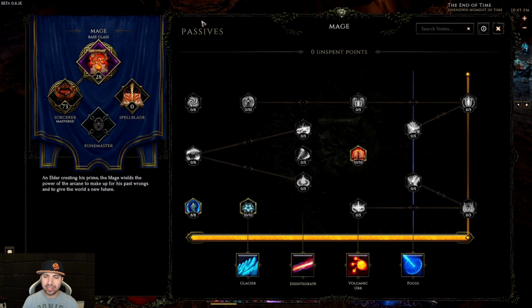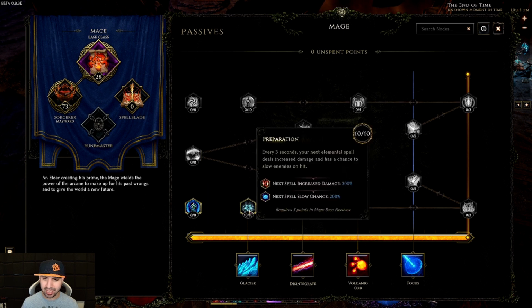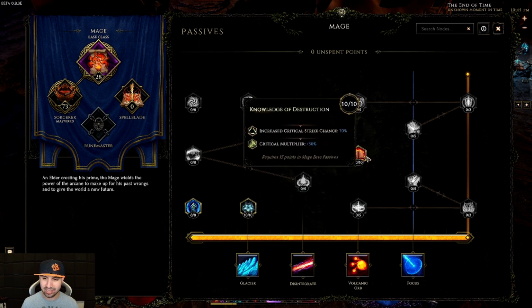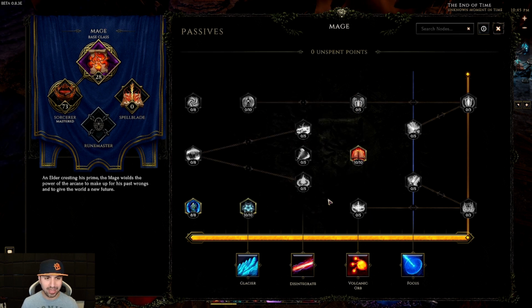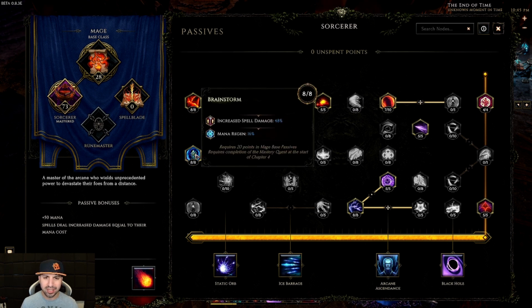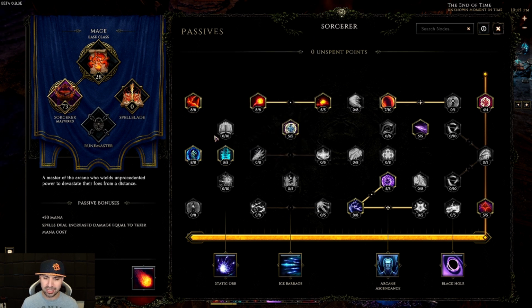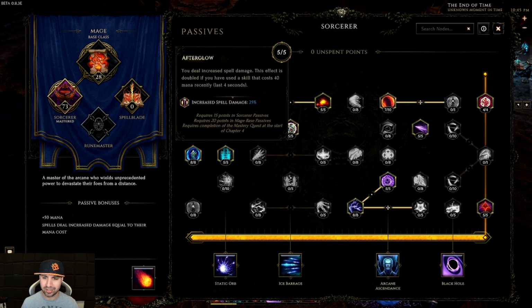Moving over to the passives, and right now my character's level 89. So we have 28 points into the base class. You want 8 into Arcanist, 10 into Preparation, and 10 into Knowledge of Destruction. That's it. That's all we want. Nothing into Spellblade, and then good old Sorcerer. 8 into Brainstorm, 8 into Calculated Destruction, 5 into Arcane Momentum, 8 into Pyromancer, 5 into Lavamancer, and what's great